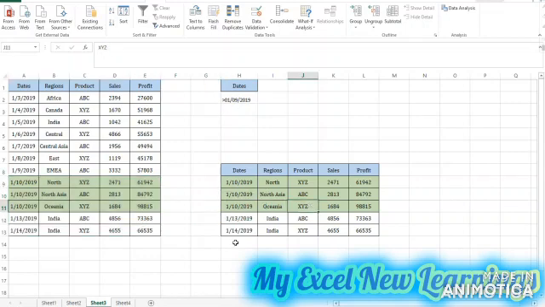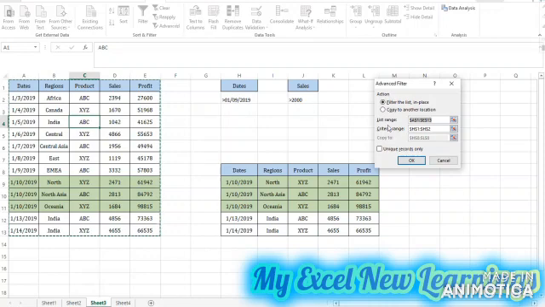So you can use it with greater than, or if I want the sales greater than 2000, I will use the same steps: go to the data tab, click on the advanced filter, then copy to another location, then select your criteria.